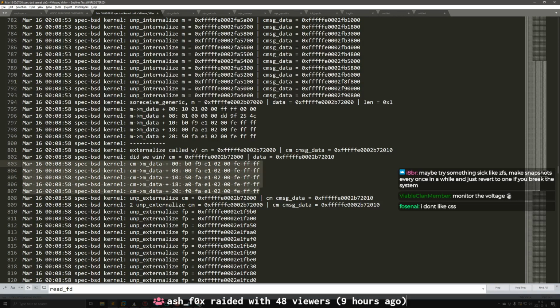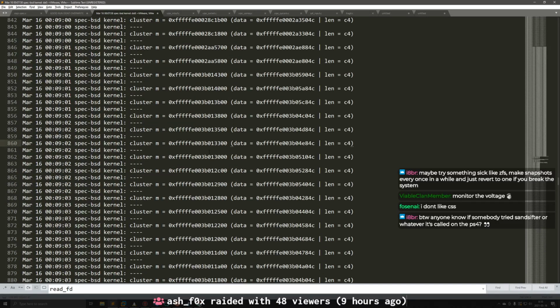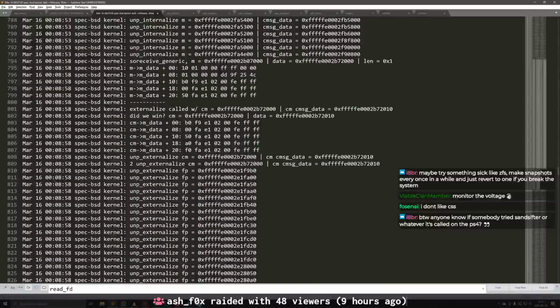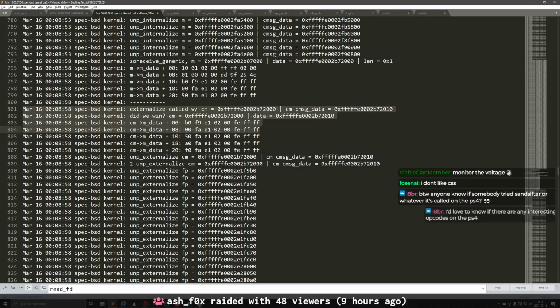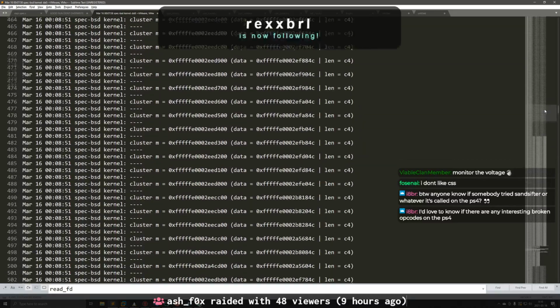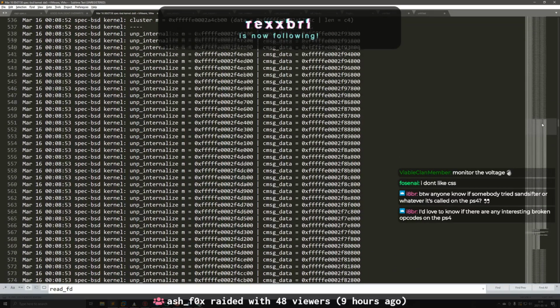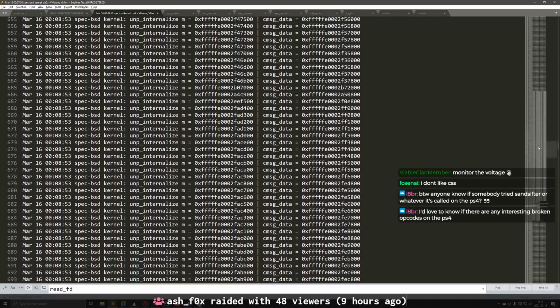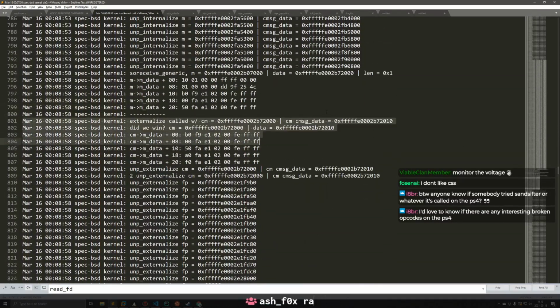Where the delay is gone, now it's all together, which is not what we want. We want to interleave. We want this to run where it is, but we want this stuff to run underneath these cluster sprays, right? So we want to interleave them. So what we want to do here is, let me think this through for a second. We want the internalize to run, which is not part of the race. So let me just scroll past that.